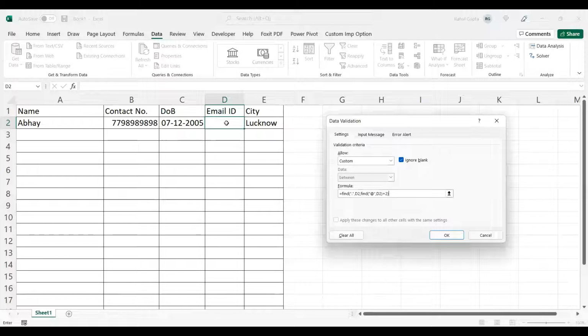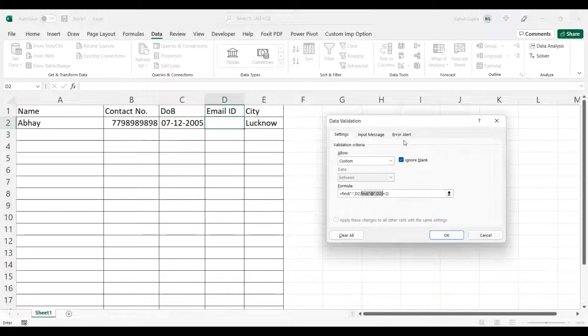Okay, let's close. So first it will execute this find. It's going to find out at the rate in this D2. Then it will do +2 into it, not +1, +2, because I want that at least one character we should have over there. +2 in this, and from there it's going to find out the dot. And that validates my email ID.